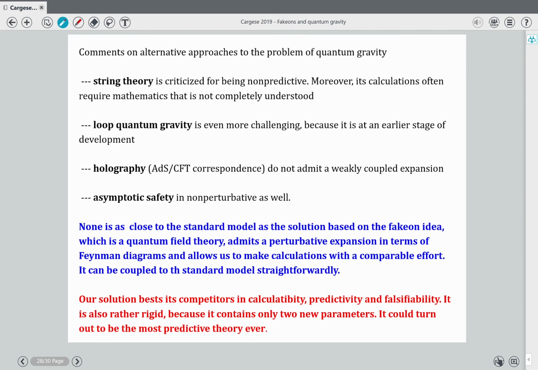You said, and my feeling is that this is one of your main statements, that the fakeon is not a synthetic state. Yes. Okay, but any real unstable particle is not an asymptotic state. So my question